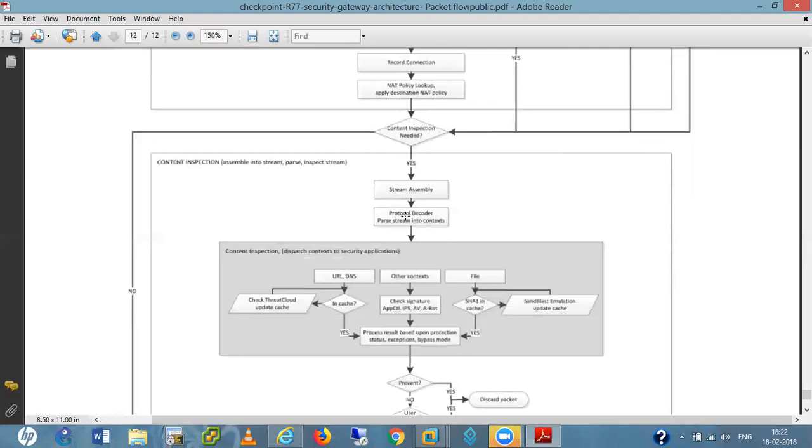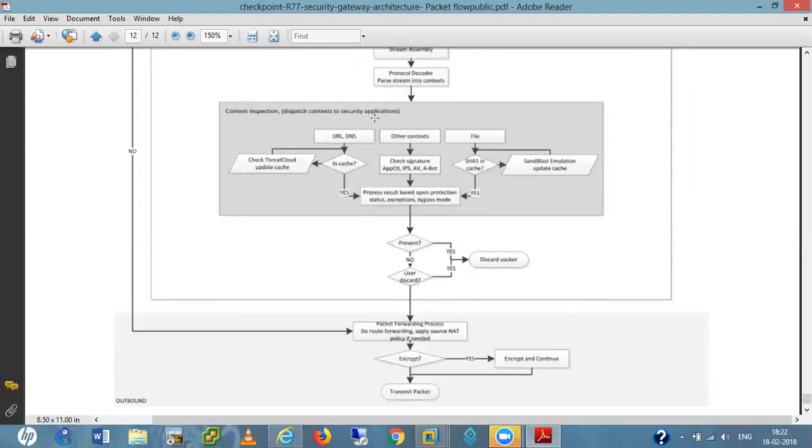In the case of URL filtering we have some decoders. It decodes this whole traffic, because it is all in binary form, right? So it decodes this data and checks according to the signatures which we have in the URL filtering database.